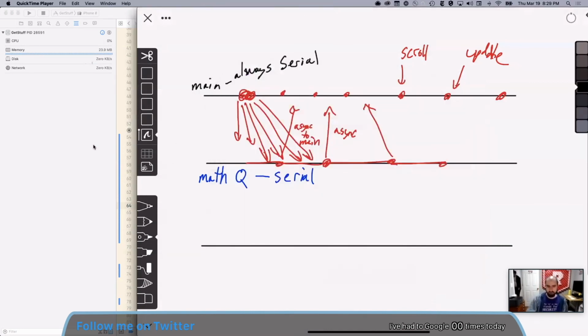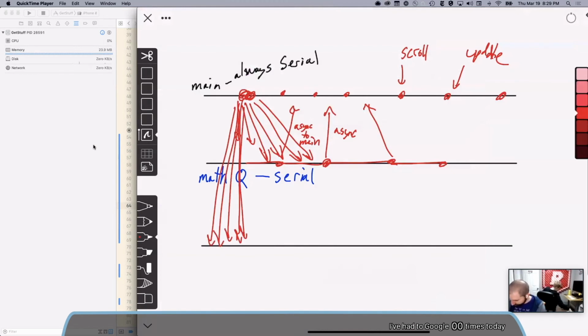So we're going to make a concurrent queue. And a concurrent queue, the way this works is when my work gets dispatched over here. Okay, so we're going to send a bunch of requests to do some work. And the concurrent queue will go, all right, I'm going to start this one, and it's going to take some time. And I've got a little capacity. I'll figure out some threads. I'll figure out how many CPU cores you've got, whatever I need to do. So maybe I'll start another one and see how long that takes.